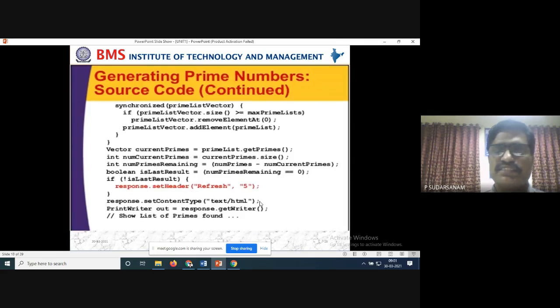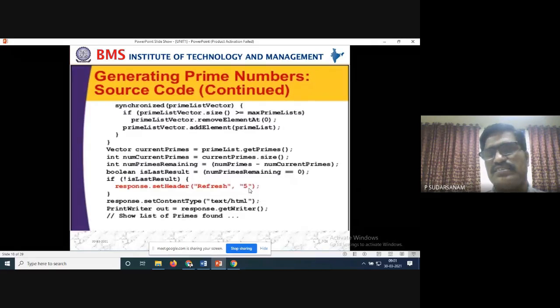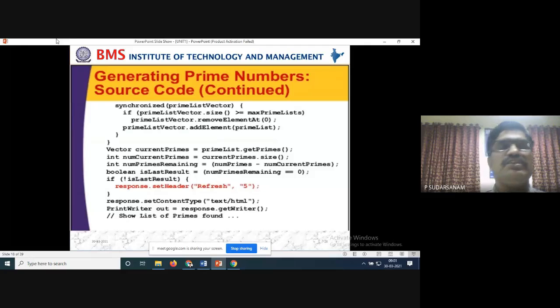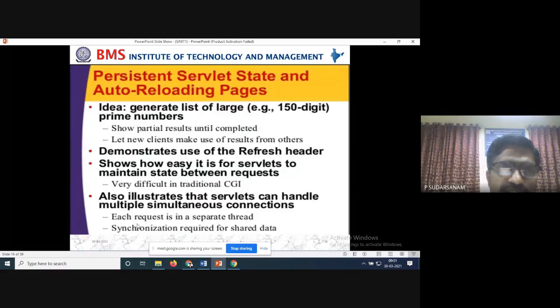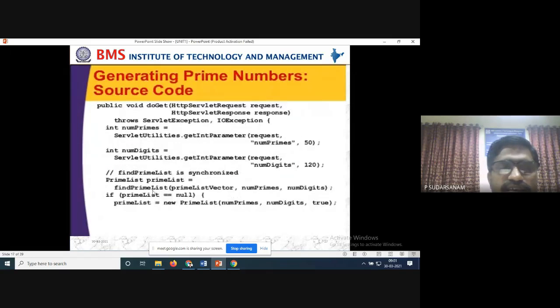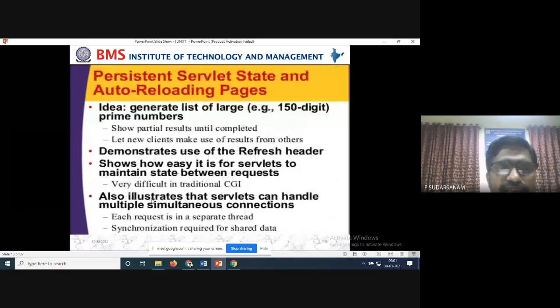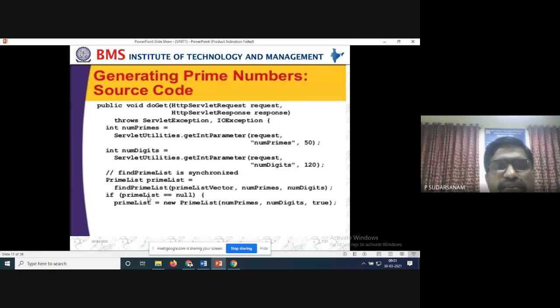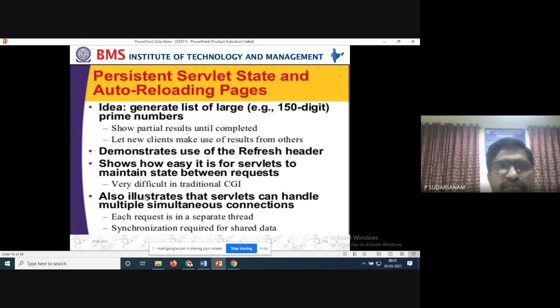So here is refresh, normally we have given it after 5 seconds, otherwise you make the refresh option. So this is how the synchronization will be happening. Here we have written the locations for generating the list of numbers. We also use the servlet, each request in a separate thread, so synchronization is required for the shared data.